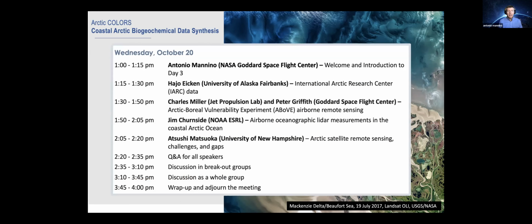And so our schedule today, we've got Hajo Eicken from University of Alaska Fairbanks discussing the International Arctic Research Center data sets. To bridge the second day to this third day, Charles Miller and Peter Griffith will be talking about the ABoVE program, both in general terms, but also specifically about the airborne remote sensing data sets that ABoVE has collected within the Arctic Colors study domain.